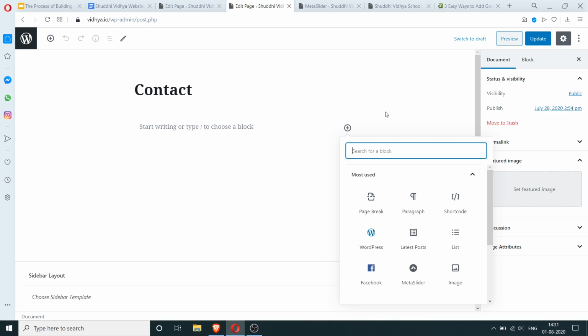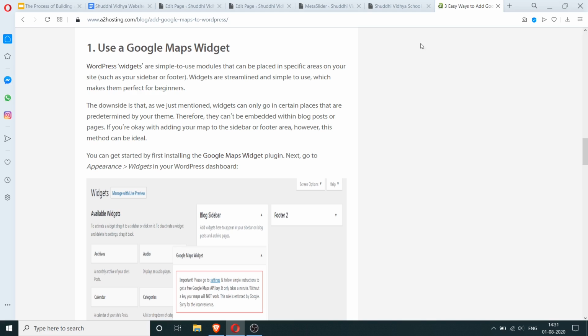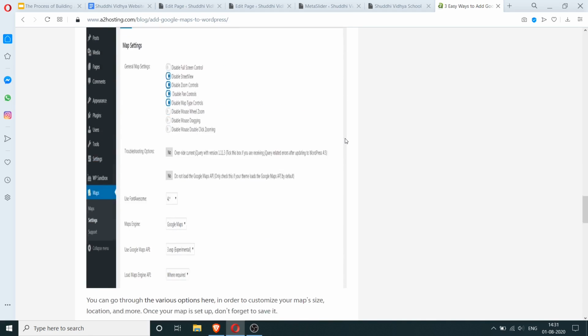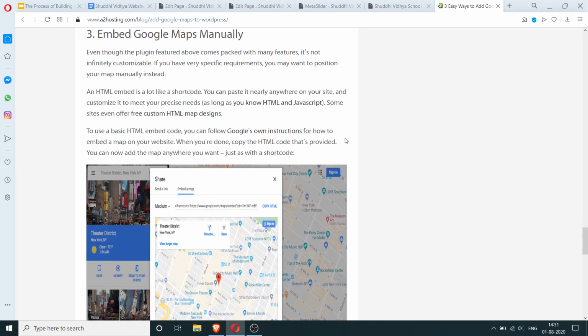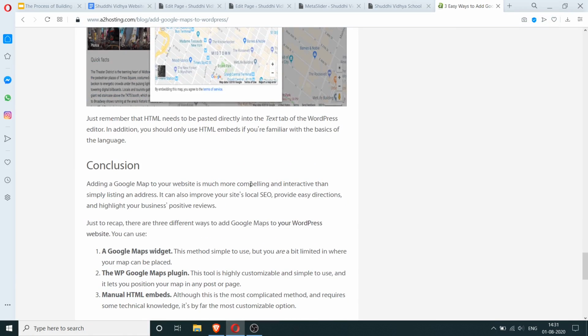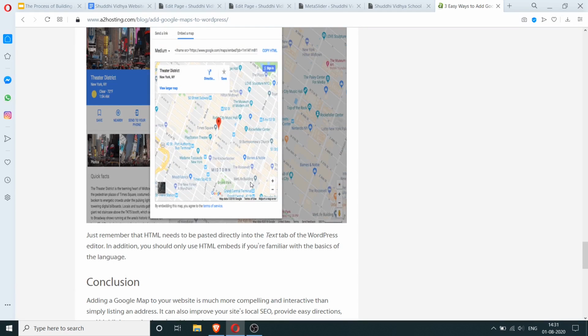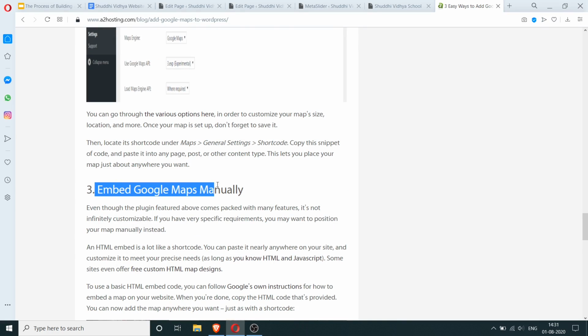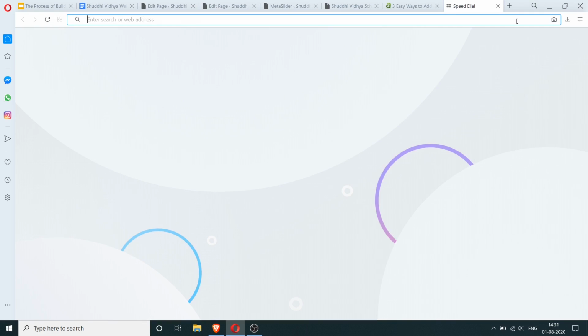So there's no built-in widget. So there's a plugin for this apparently. So this one seems the easiest way. Let's try this. Let's go to Google Maps.